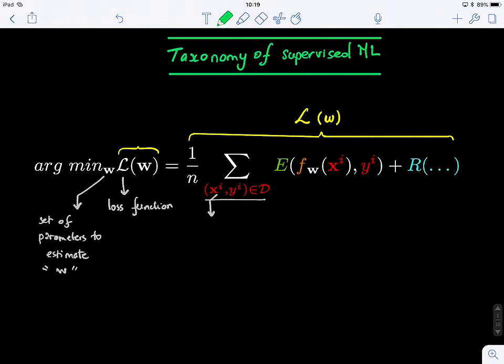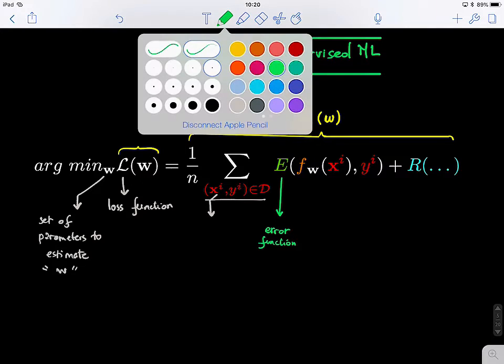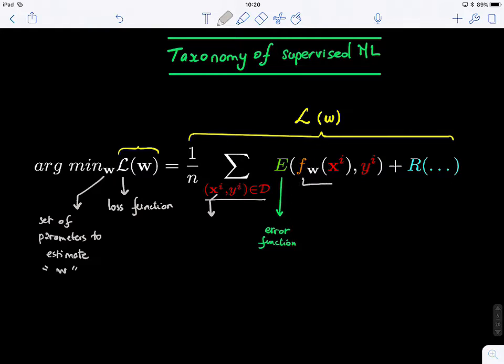We have an error function that takes in two variables: the ground truth observation that we give, the training target label or output, and we have the predicted